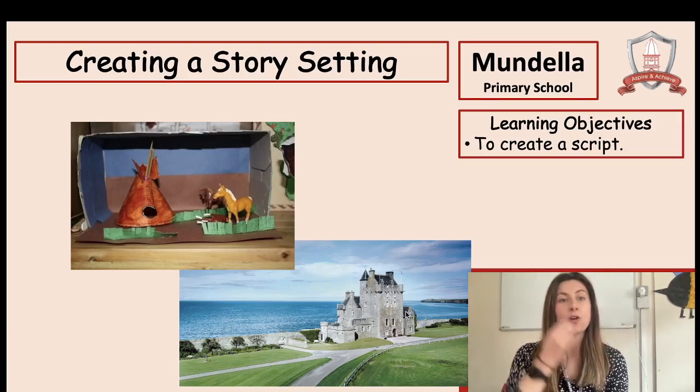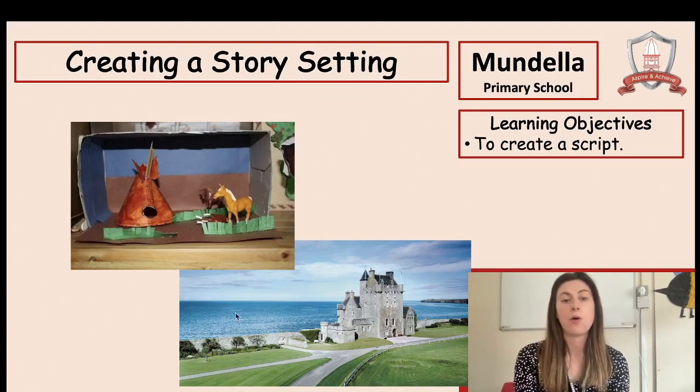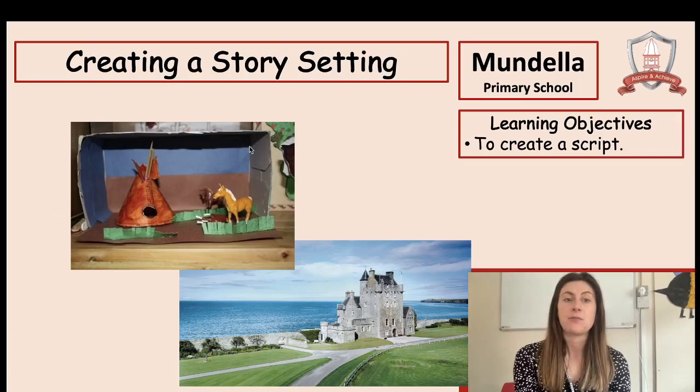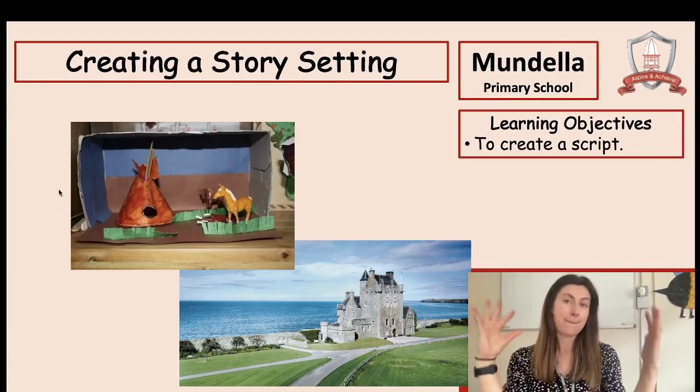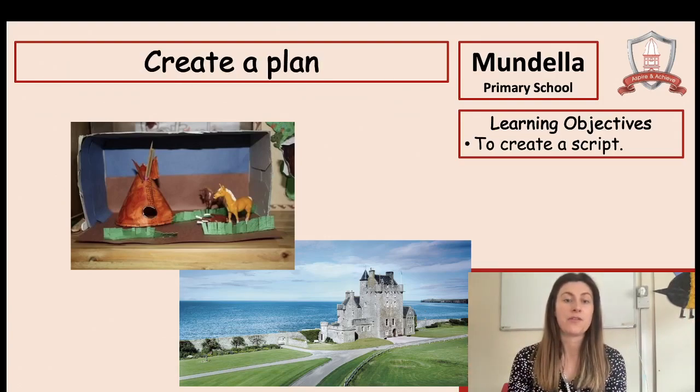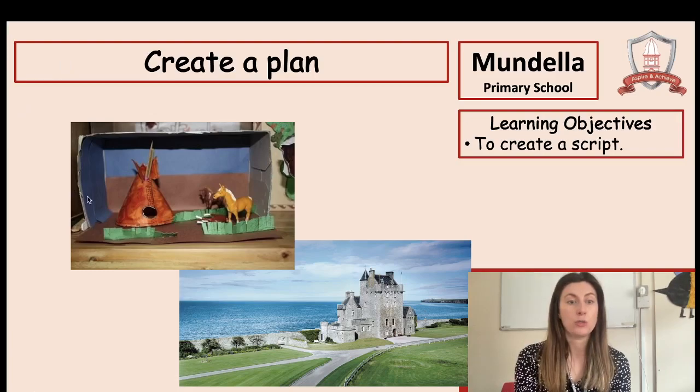So here I've got an example of what the setting could have looked like, but obviously there would have been lots of knights around and lots of big tents as well. And lots of contests going on with the knights. And what we're going to be using is a box to create a mini set for us to do our acting out. So the first thing we're going to do is create a plan. So I've got an example of our shoebox